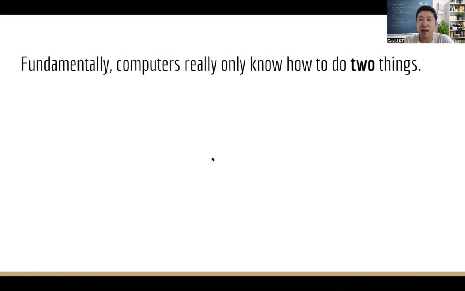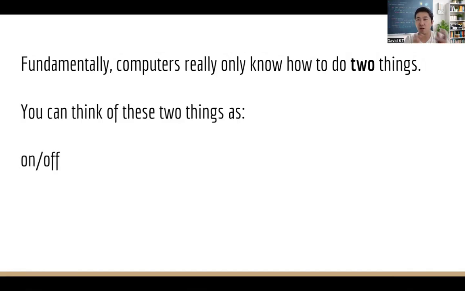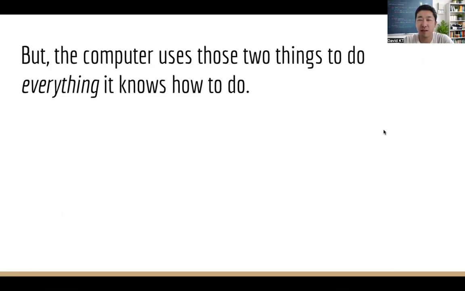So fundamentally, at their core, computers only know how to do two things. You can think of them as on or off, yes or no, or in terms of binary, one or zero. Okay, so quick question. Which one means yes, one or zero? That's right, one means yes. Which one means off, one or zero? That's right, zero means off. But